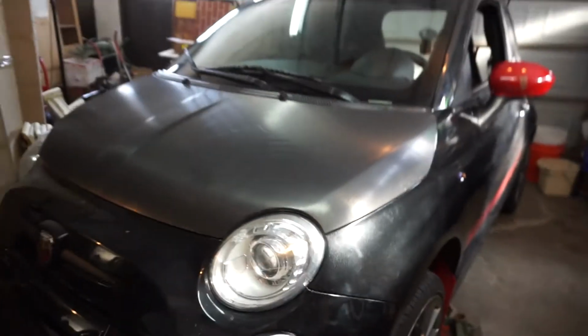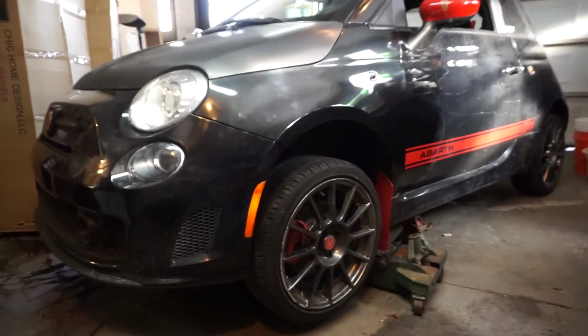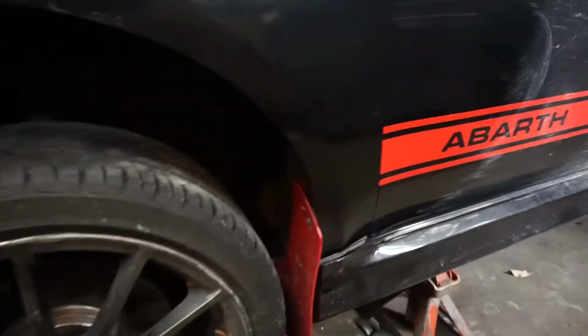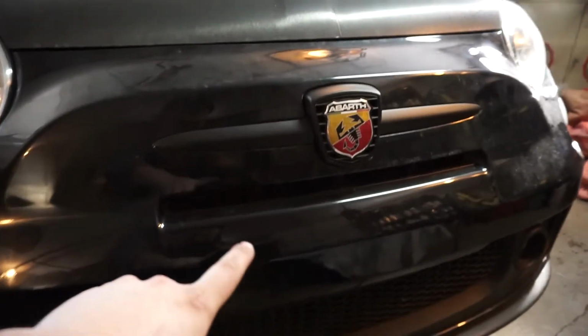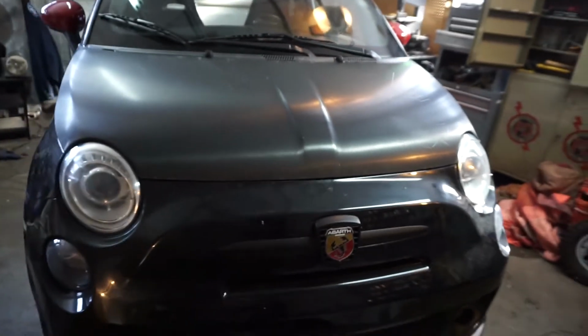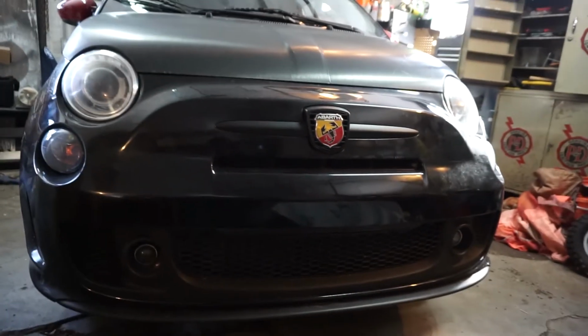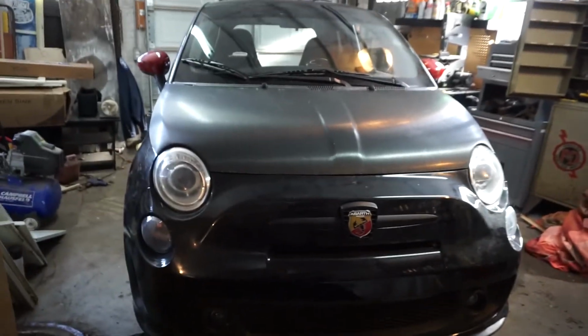So yeah, I'm gonna pull it outside and get it off the jacks and show you guys what it looks like in the sunlight. But I think we're back in business, no more dents. All I gotta do now is get the rest of this sticker that's missing. Somehow I gotta make that up. And then that's it. I did plasti dip the badge like you guys saw, so that's black instead of chrome now, and all the lights are LEDs, which I'll show you guys outside too. But the car's back together,